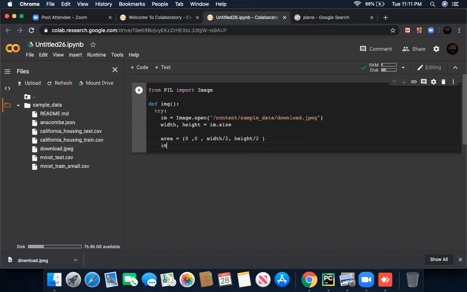Now I'm going to make sure that our image is good to go. So I'm going to crop my image according to the area. I am equals I am dot crop. Now it will show me the crop area of the whole partition part.